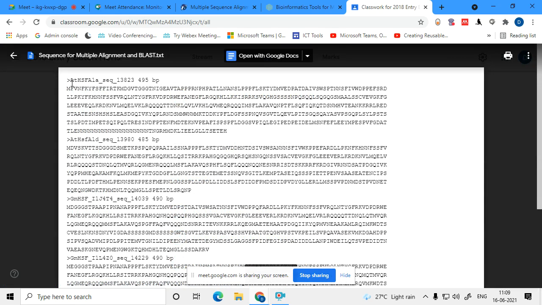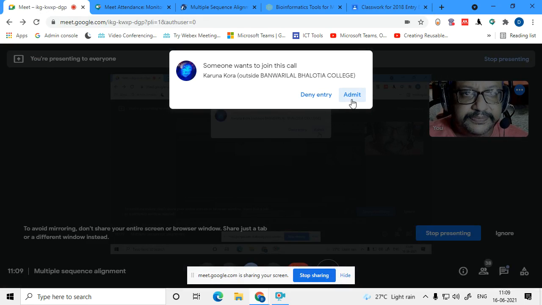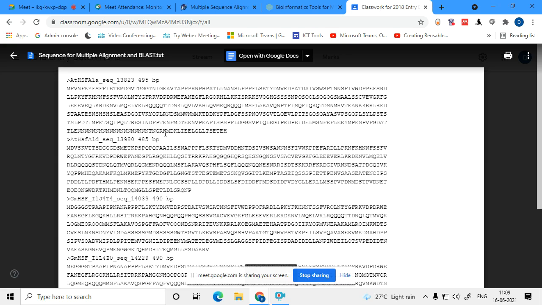First is AT, meaning Arabidopsis thaliana, HSF A1A, heat stress transcription factor A1A, and I retrieved this protein sequence. As you can see, it starts with methionine, and each letter represents a specific amino acid.